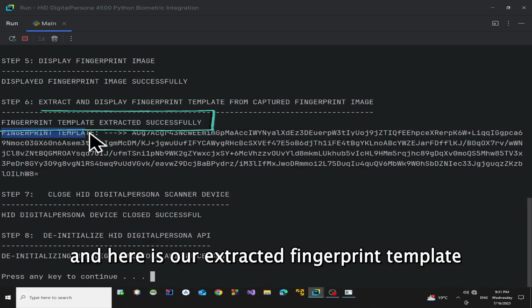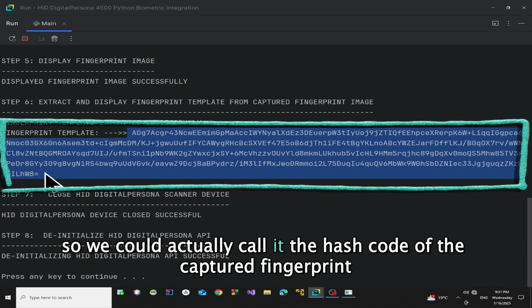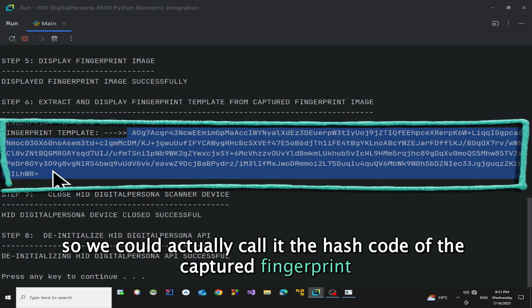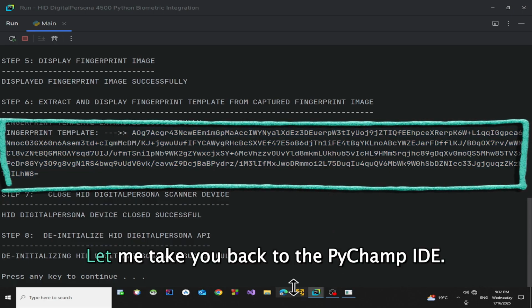And here is our extracted fingerprint template. So we could actually call it the hash code of the captured fingerprint image template. So here it is. Let me take you back to